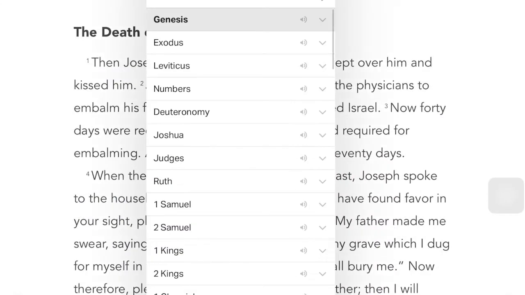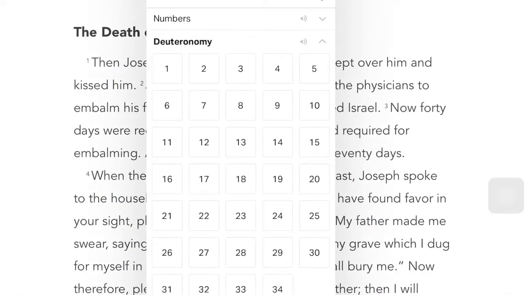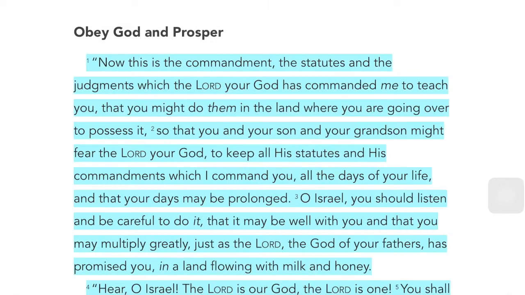And you can see it and hear it all through the rest of the biblical text in many different places. Let's read now in Deuteronomy chapter 6. And let's go ahead and start right there in verse 1.